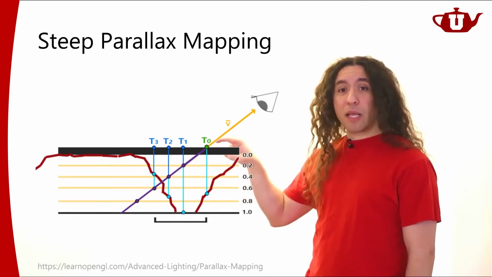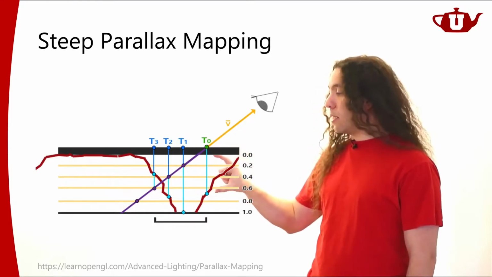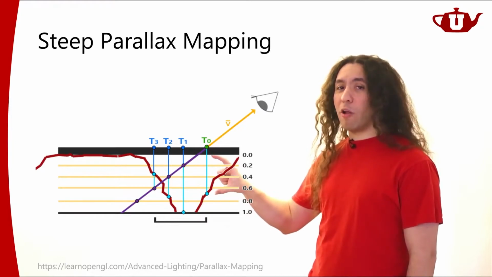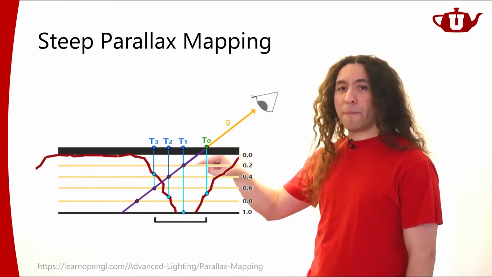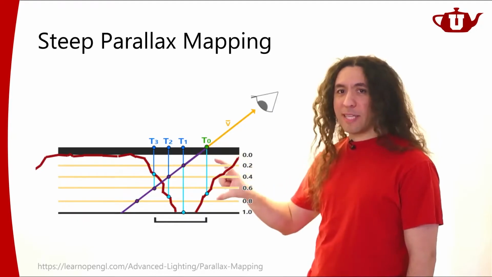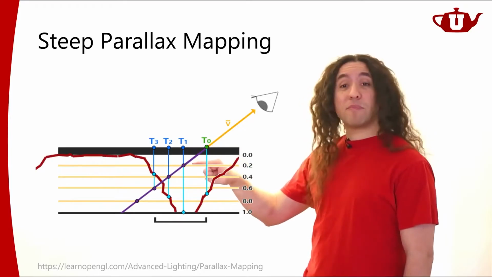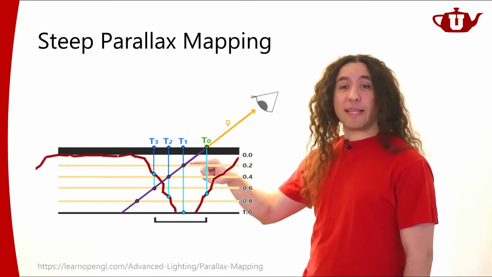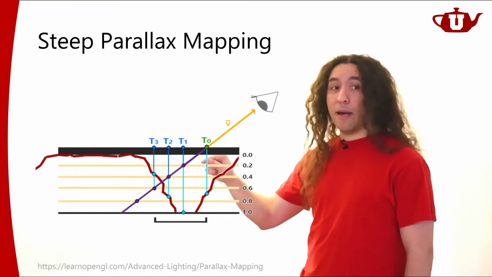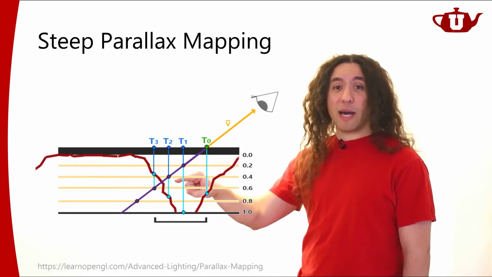So in the first step, I read the depth value here, and that tells me, oh, I need to go this far into my surface. But I'm not going to go all the way here. I'm going to go up to the next step. This is where I have to stop. I'm going to stop here, and I'm going to read the displacement map, the height map at this point as well. It gives me, whoa, I need to go a lot. All right, I'm going to go a lot again, but no, I'm going to go to the next step only, right? And I'm going to stop over here.